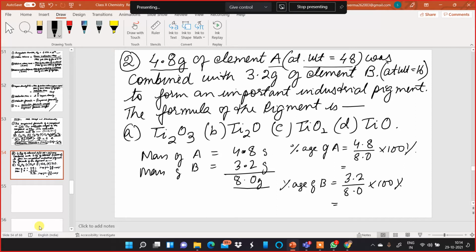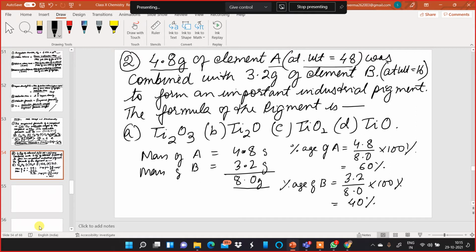First get the percentages. Percentage of A and percentage of B. A equals 60%. So if A is 60%, then B will be how much? 40%. Okay, wonderful. This is what we have obtained: the percentage of A and the percentage of B in the compound which is formed between A